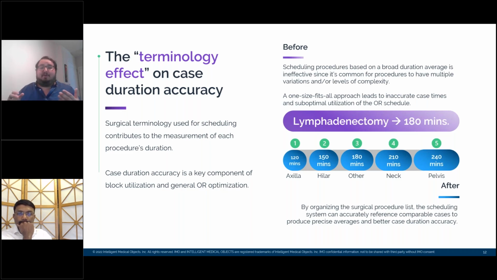Many different cases are entirely unique, and they may require different amounts of time, not to mention different room setup, equipment, and supplies, depending on the location of the surgery, the equipment being used, and the approach. So it's important to have standardized terminology that can bring exactness, so schedulers have better visibility into the necessary time allocations for upcoming procedures, and so the system itself can